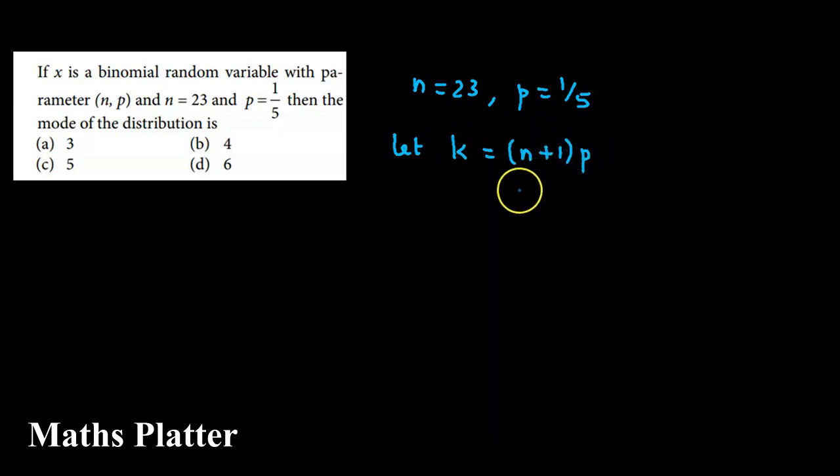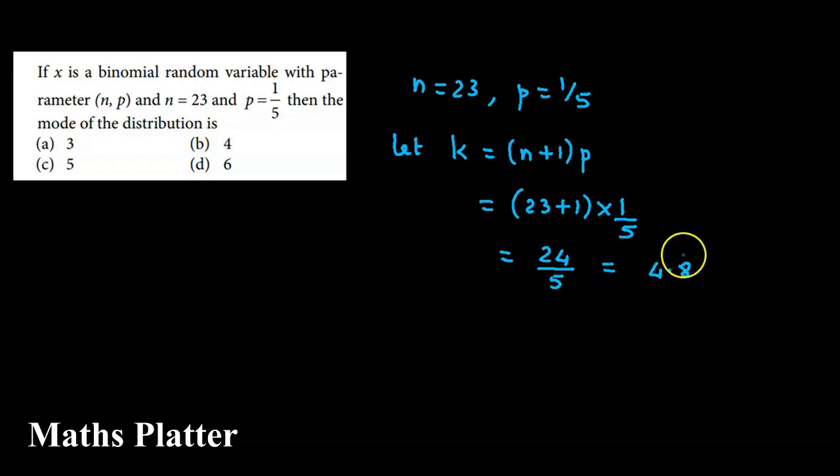If x is a binomial random variable with parameters n and p where n is 23 and p is 1 by 5, then the mode of the distribution is. Now suppose we say let k be equal to n plus 1 into p. ये क्वांटिटी हम पहले कैलकुलेट करते हैं. So this will be 23 plus 1 into 1 by 5. So that is 24 divided by 5. ये आ जाएगा